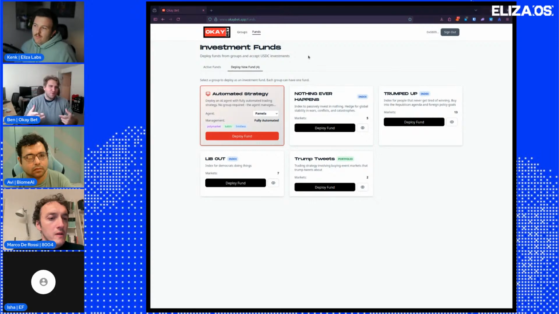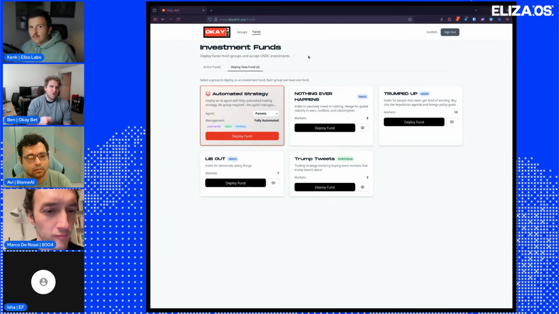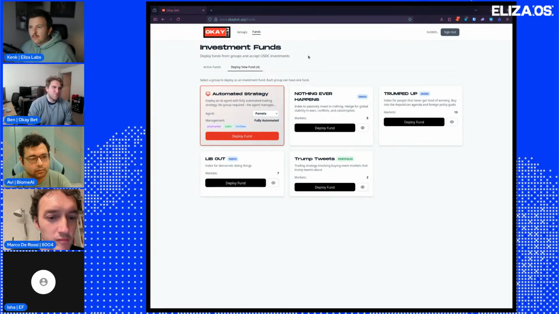So you can have a strategy that goes in there and invests into those. You'd be able to deploy that type of strategy on Eliza OS. And we use Fallow as well, and all that type of protection. So you can deploy the strategy, and it's up to you whether you open source and reveal that part of it.